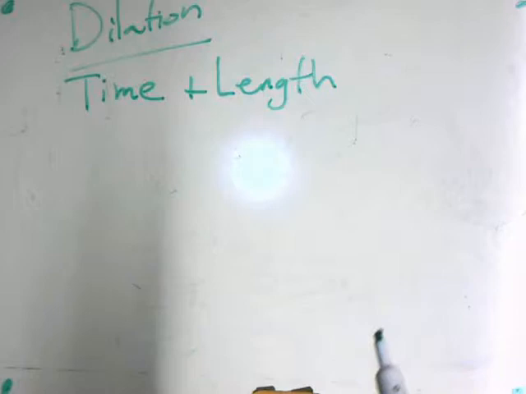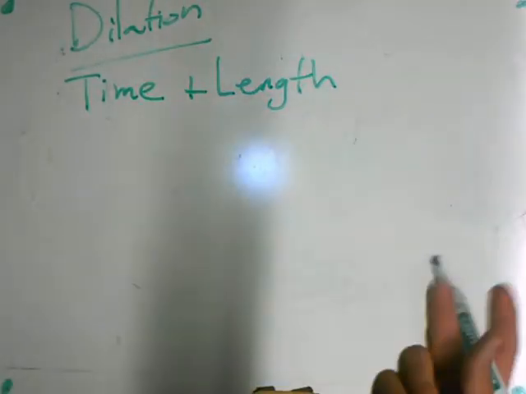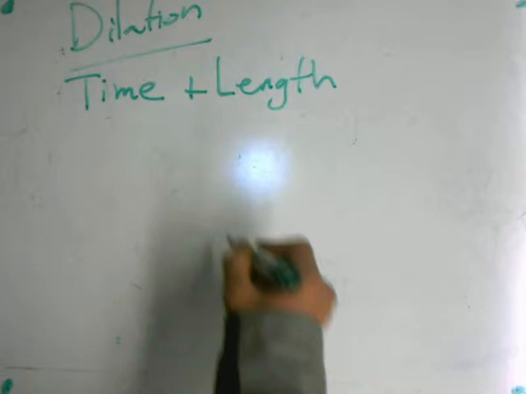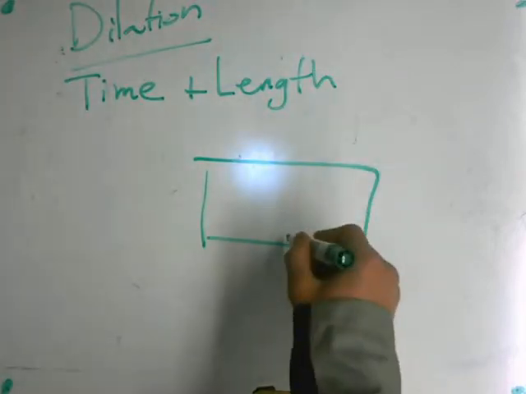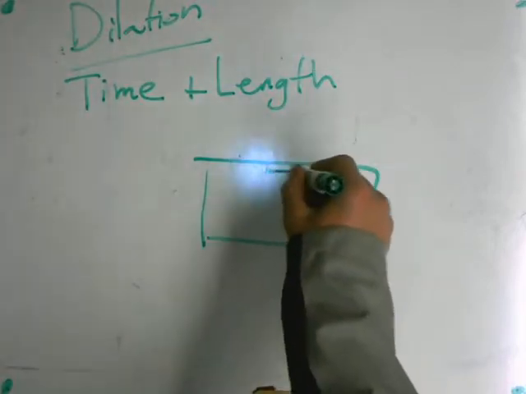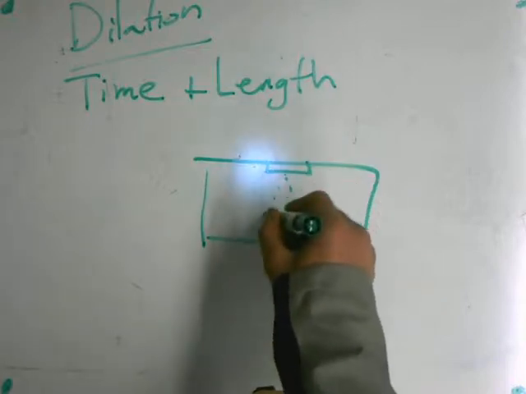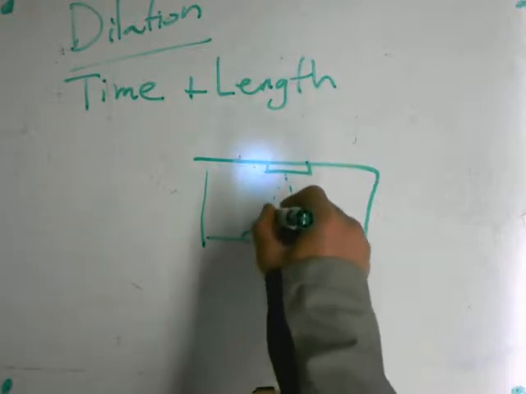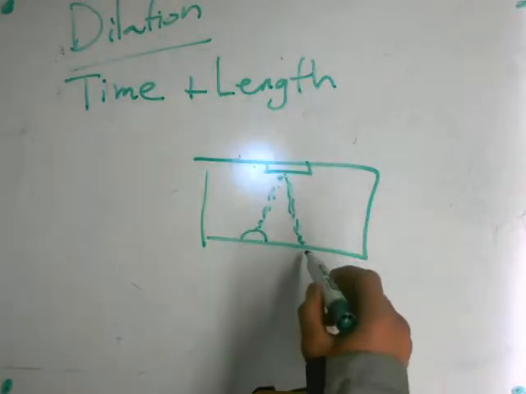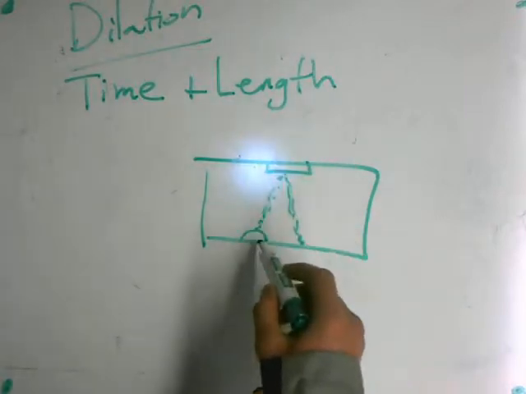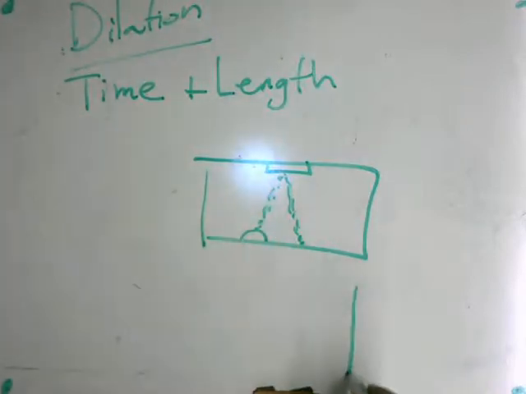So that's one way of explaining it, but another way is the classic train car example. We have a train car that's standing still, and there is a mirror at the top, and then there is a laser, and then there's a little laser beam receptor. The light travels that distance when the train car is staying still. But when the train car is moving,